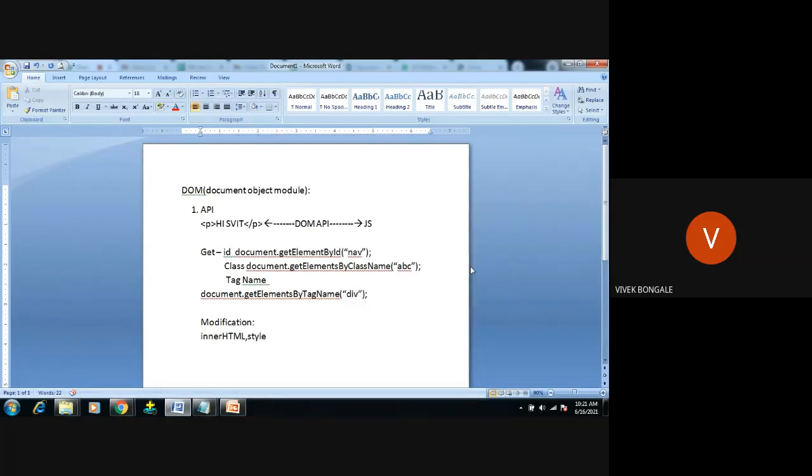Along with this, we can change, we can modify that part. No issue, but the thing is that we need knowledge of JavaScript events also.